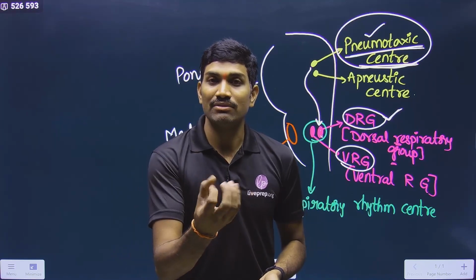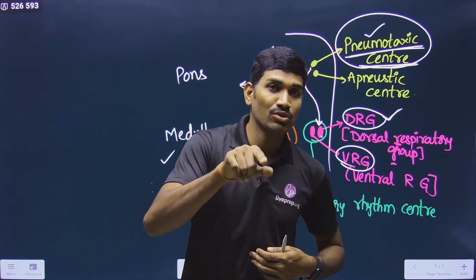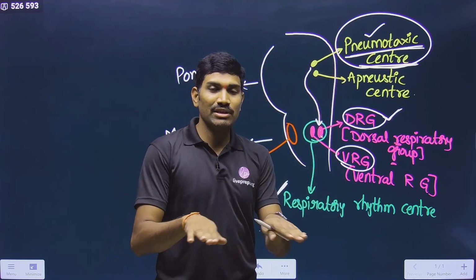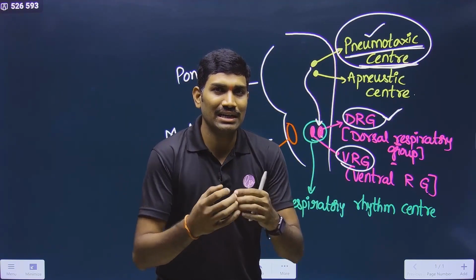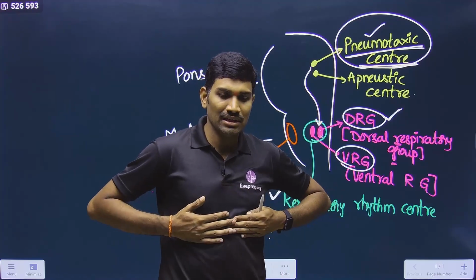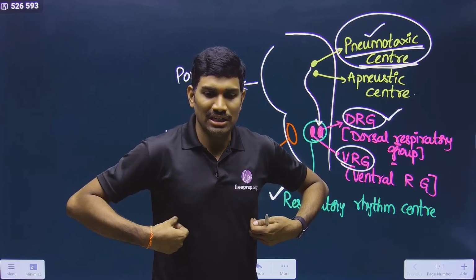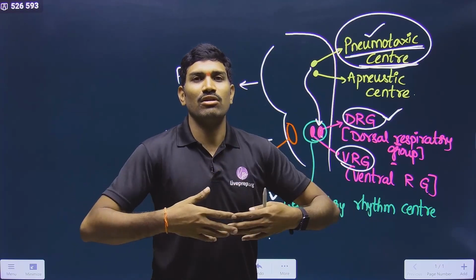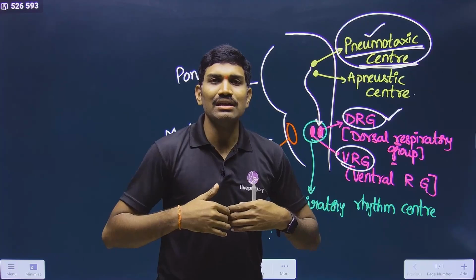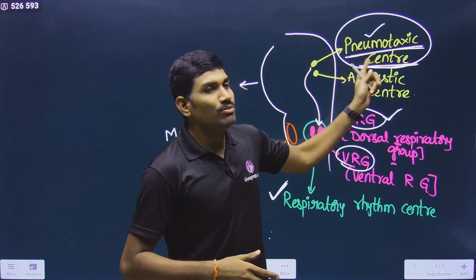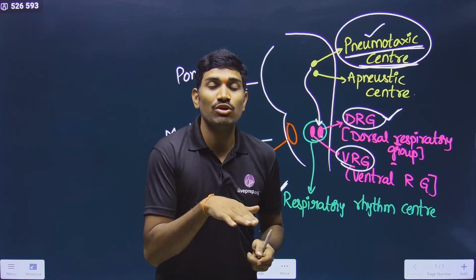We need information for muscle contraction. So muscle contraction is helping in inspiration. So here information is coming for inspiration, muscle contraction, and muscles keep on contracting. This is contracting like this. External intercostal muscles are contracting like this, so that volume is increased lateral ways, upside, and all the ways. Yes or no? So in this way, this pneumotaxic center is very important to cut off or switch off the